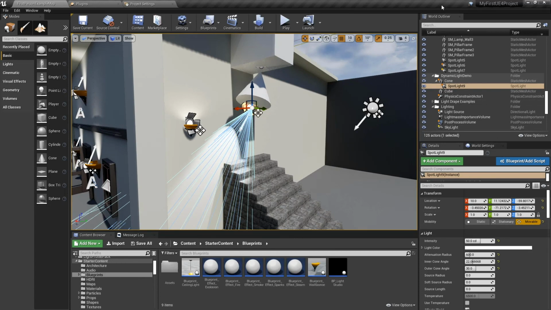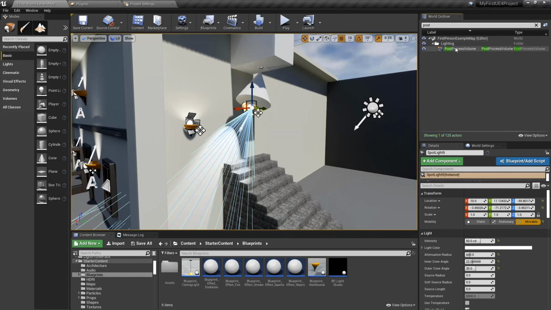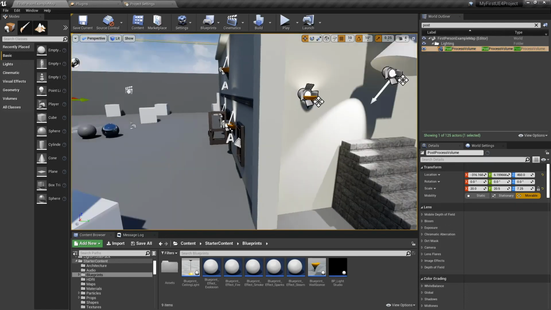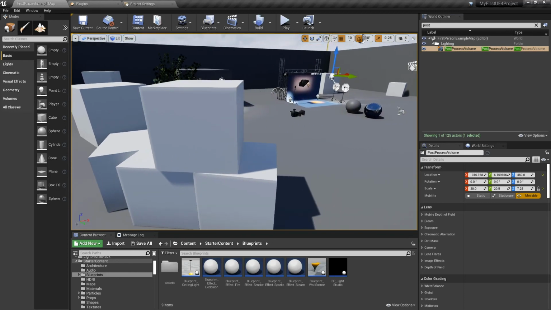So we've gone over the basics of how to make lights movable. We've also talked a little bit about the ambient occlusion inside of our post-process volume. We're going to go more into the properties that are available for post-process volumes in another chapter. We did SSAO. And we've also mentioned several ways to use HDRIs inside of our level to light it. So there's a lot of options, and I'll put a lot in the notes, and we'll take it from there.